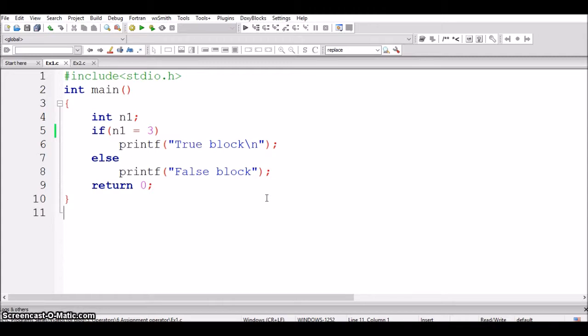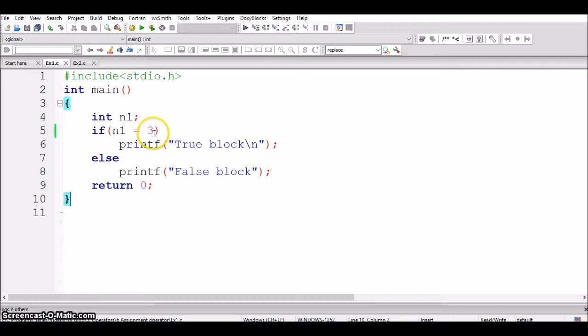One more thing I would like to highlight here is what happens if assignment operator is used in if conditions. For example, just consider this program. There is a variable n1, condition part n1 is equal to 3. 3 is assigned to the variable n1. So what happens when you perform such things in an if condition? If you don't know what exactly is if condition, there is a playlist for branching statements that is present in the description box. Do check out.